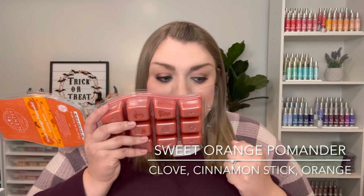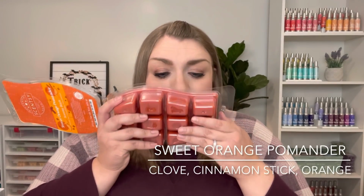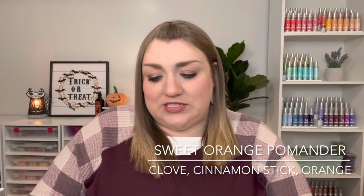I'm not getting a ton of orange from this scent. And I was definitely hoping it would be a little bit more orange forward, even a little bit more orange clove forward. I really like that combination of orange and clove, but the cinnamon in here is definitely overpowering. So yeah, we'll have to see how this one warms up. I really do hope that more of the orange comes out when it's warming,